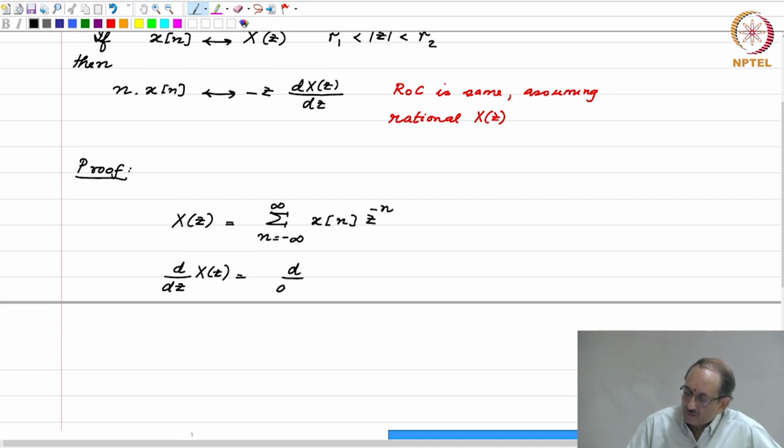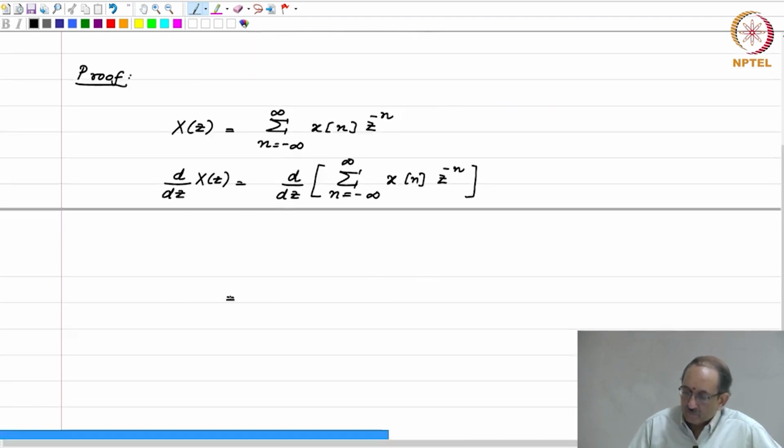So, this becomes d by dz of this quantity, and